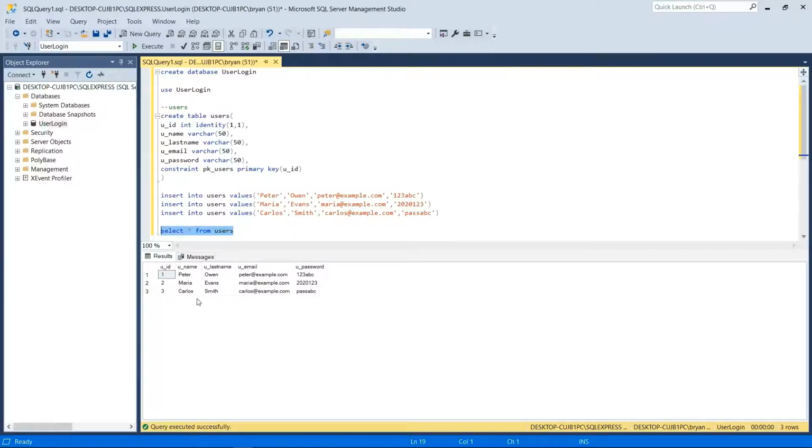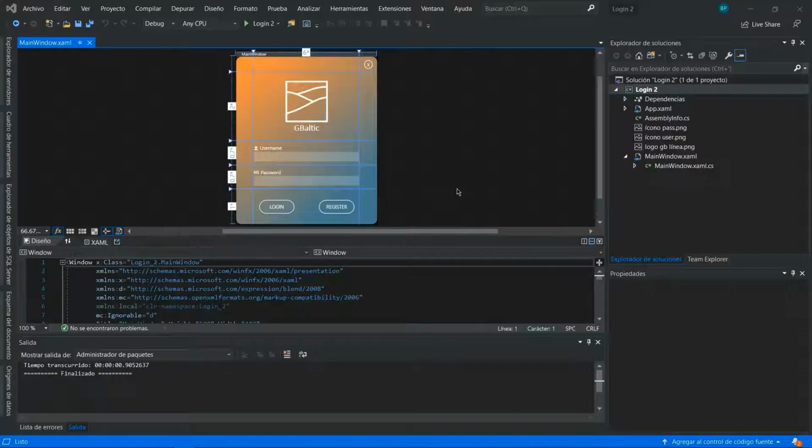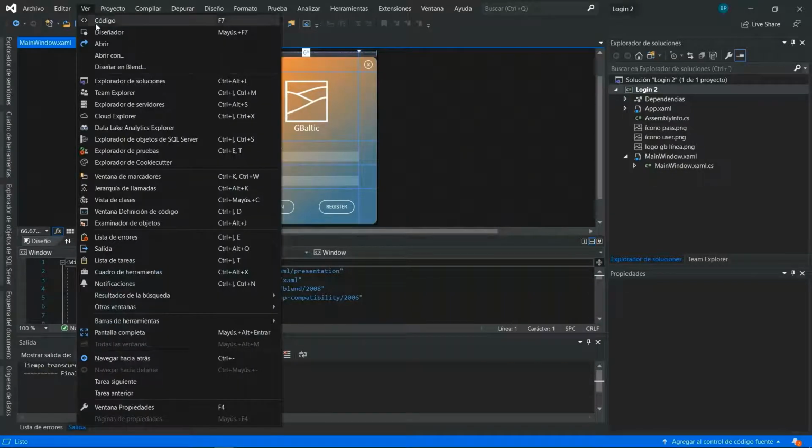Now, we are going to connect this database to a .NET application in C# for the user's login interface. Let's open the project where we have our application. This project was created in the last tutorial. If you want to have a similar application, go to our last video. So first of all, we are going to connect the SQL Server to this application. So go to View, click on Server Explorer,